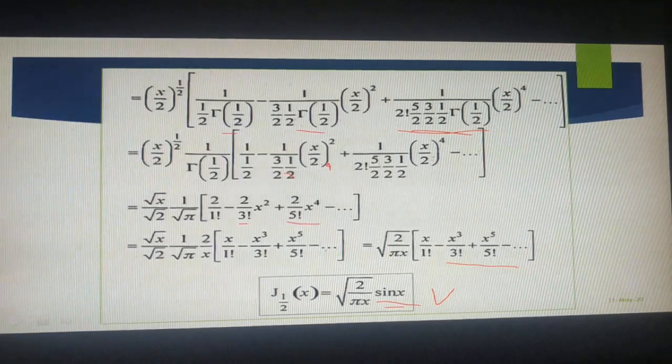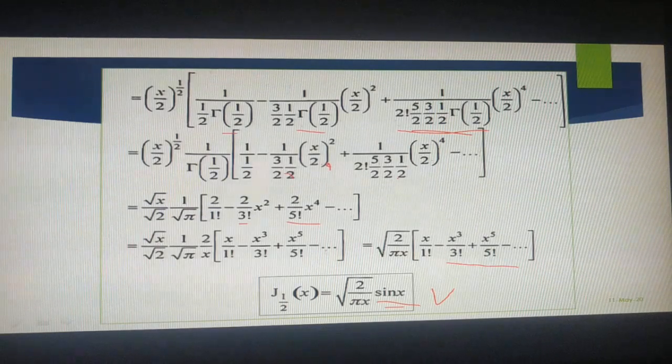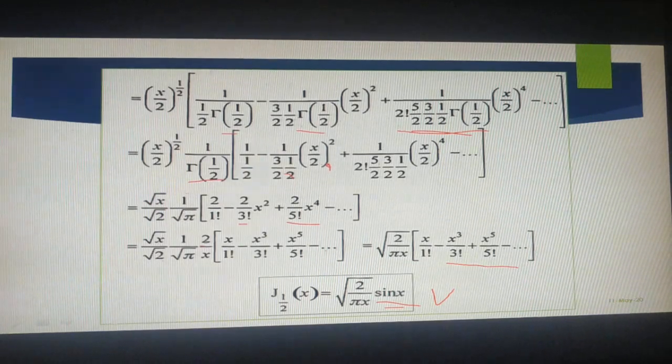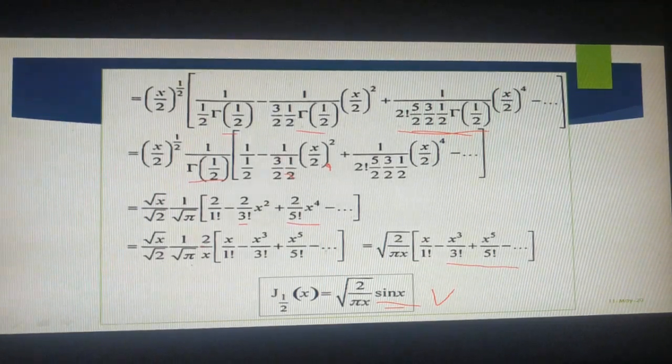And what is the remaining? Whatever we took here, 1 2 will be there, so that we can cancel one time here, and one more 2 factorial here. So totally 1 2 will be remaining in the numerator. From all the terms, if you observed, 1 2 will be there in the numerator, that we will take outside. And as you know, (x by 2) whole to the power of half is nothing but root x by root 2. And you may remember, gamma of half value is root pi. Have you remembered? Gamma of half value is root pi.